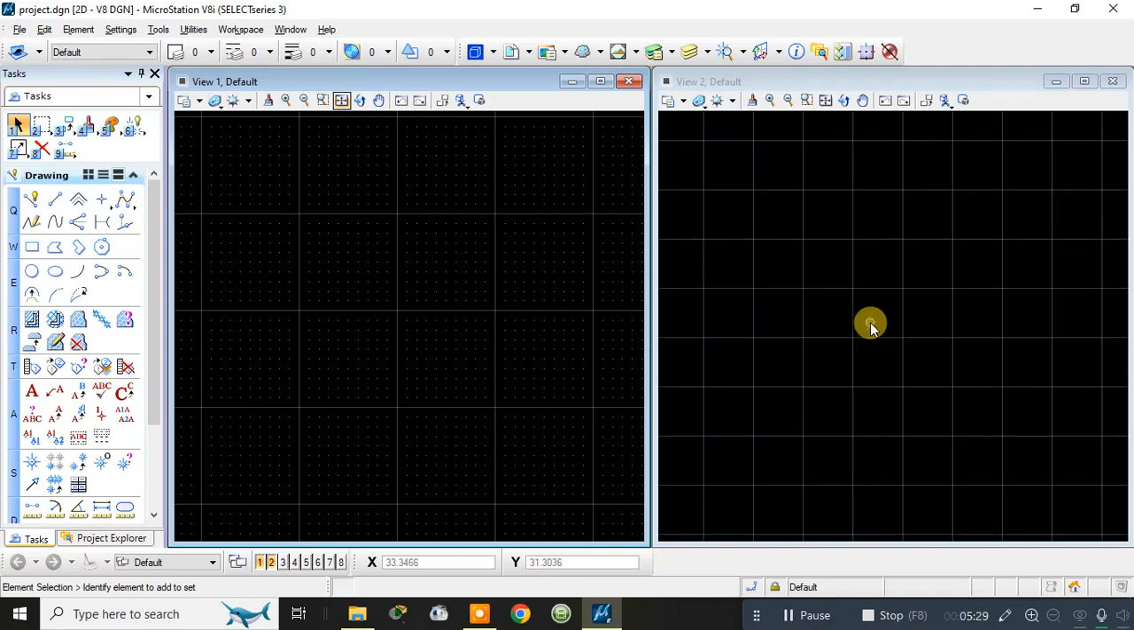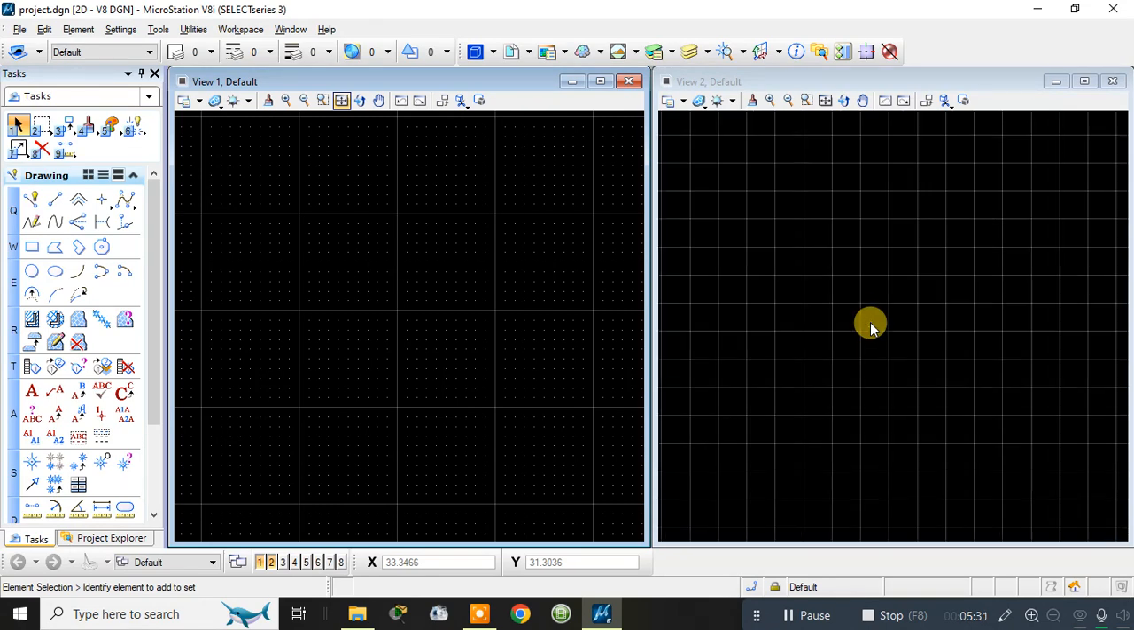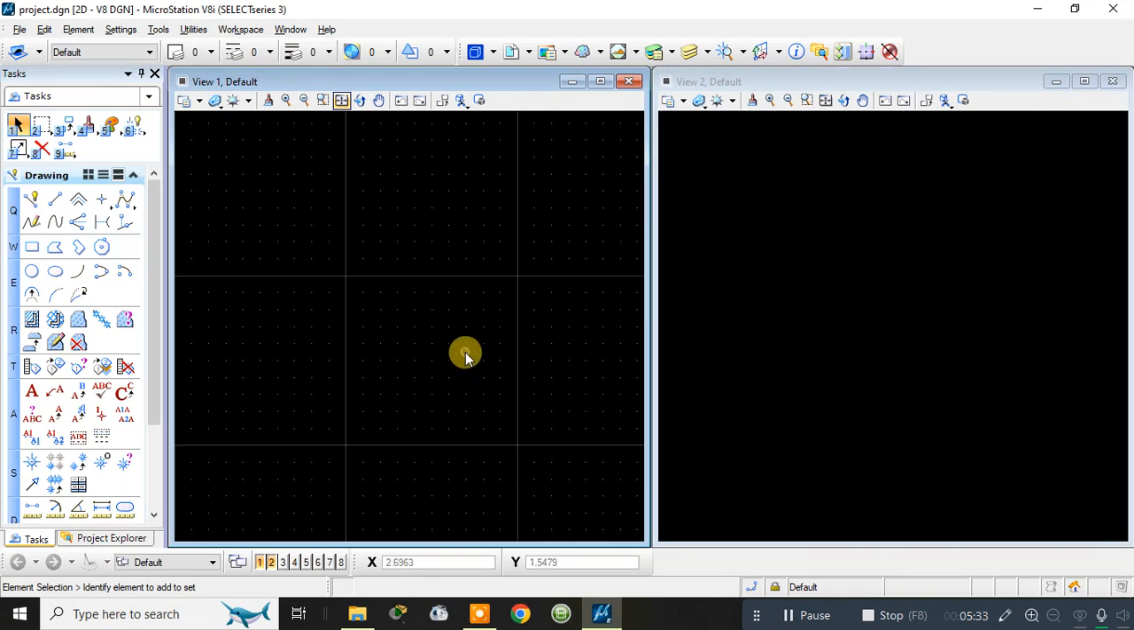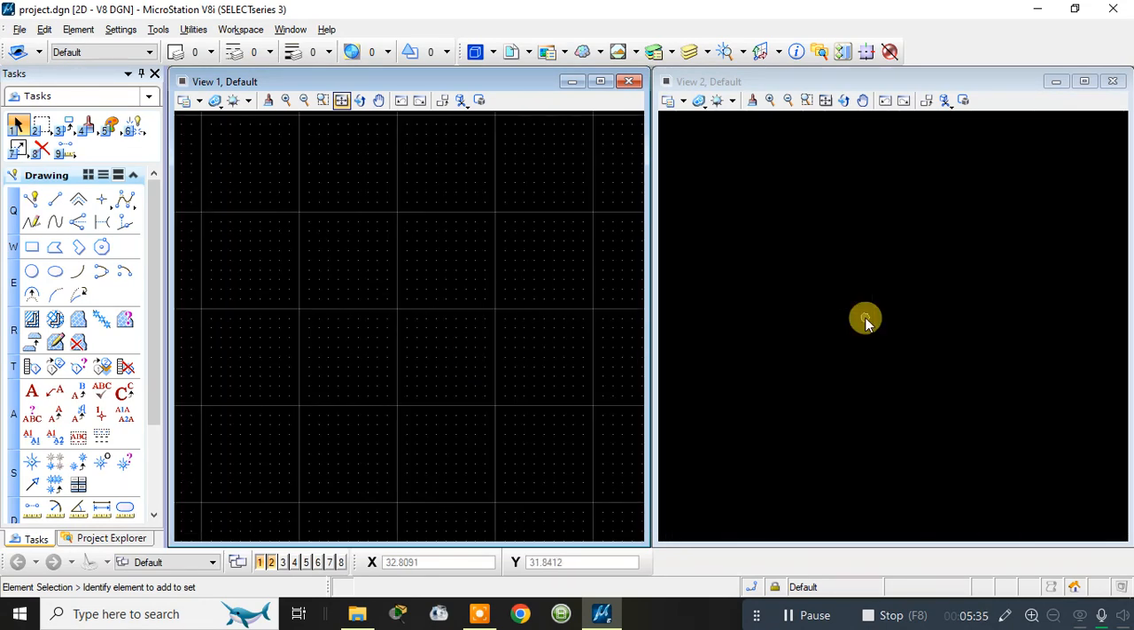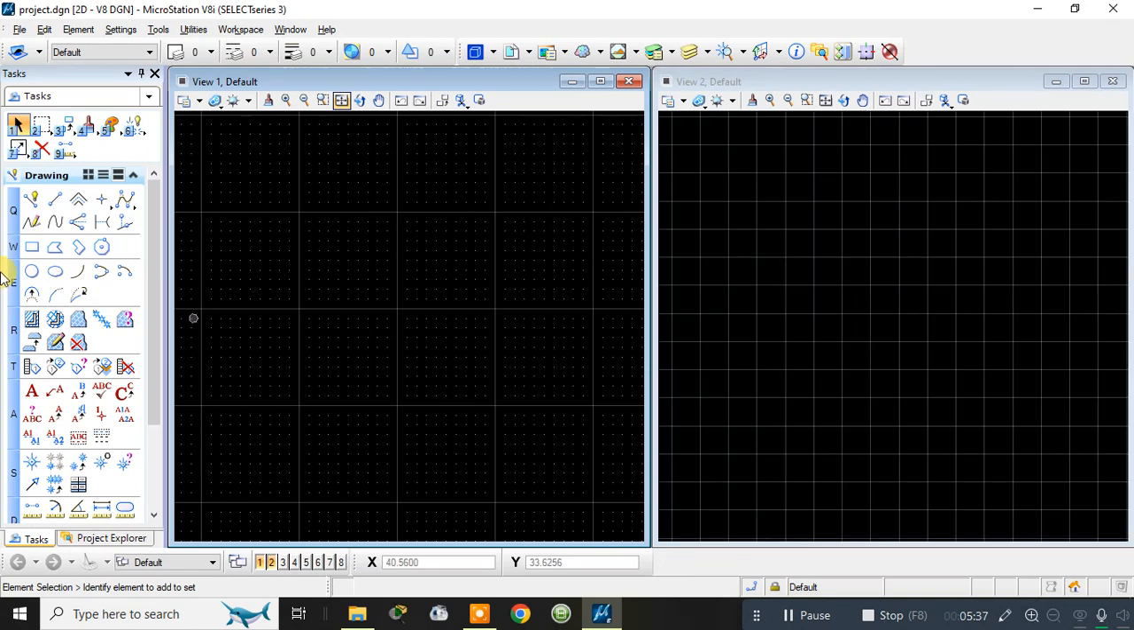As soon as you zoom in, you can see the grids are also present here. Similarly, here also the grids are present, here also the grids are present. You need to simply zoom it. Okay,